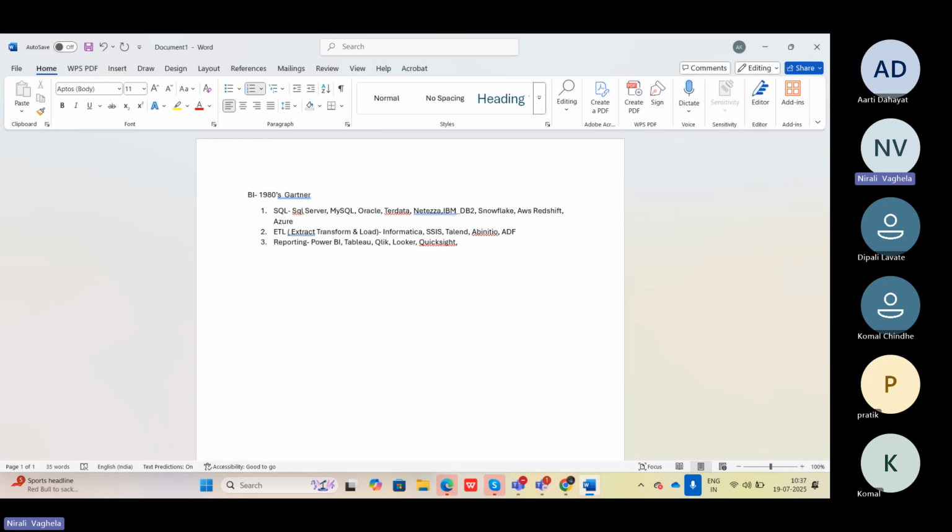Then next we have MSTR, which is nothing but MicroStrategy. Then we have SAP BO. Then we have Cognos, then OBI, Oracle Business Intelligence Enterprise Edition. So these are all the reporting tools. Okay. So now we are trending, we are using Power BI mostly.